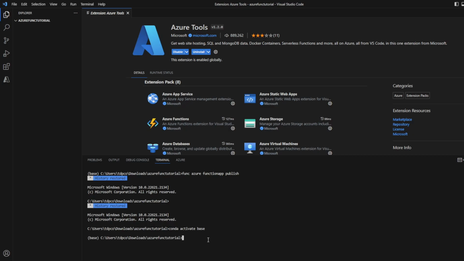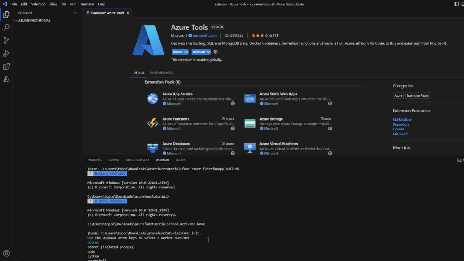I'm gonna tell VS Code that this folder is actually an Azure function. So for this you just type func init and initialize this directory as your Azure function directory,